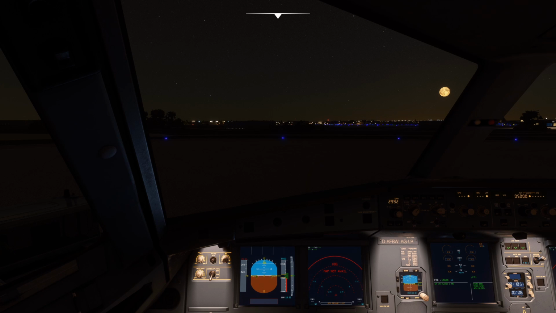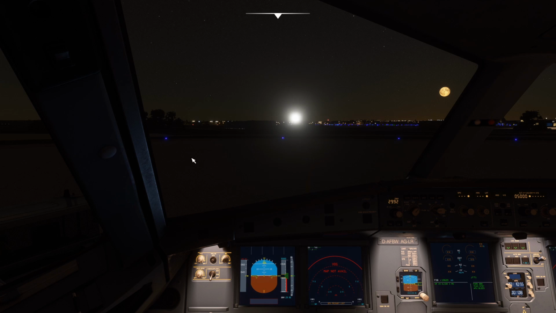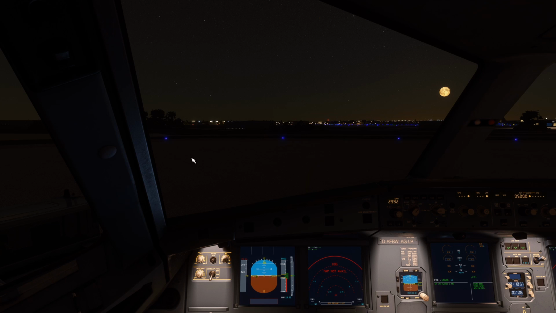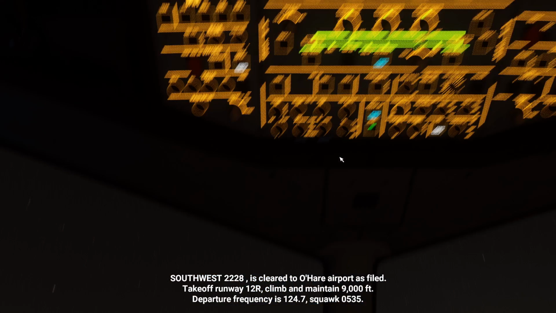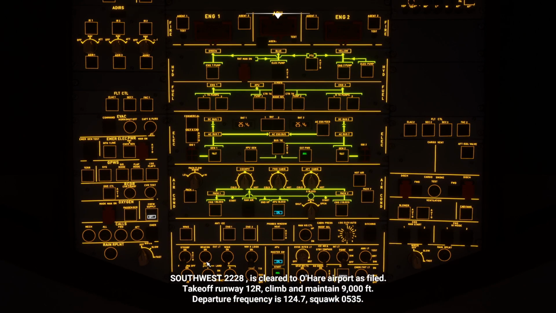Good evening, ladies and gentlemen, and welcome aboard Flight 2228 with service to Chicago. Our flight time will be roughly 53 minutes. Now that the cabin door is closed, please make sure that all devices are in airplane mode and your large devices are now shut down and stowed. Please fasten your seatbelt and make sure that all tray tables and seat backs are in a full upright and locked position for departure. Cabin crew, secure doors for departure. Frequency is 124.7